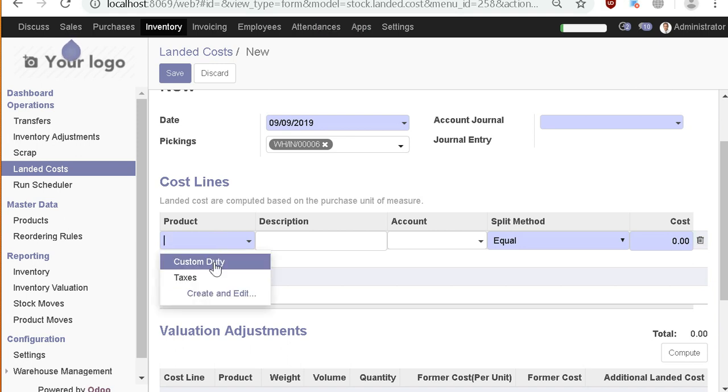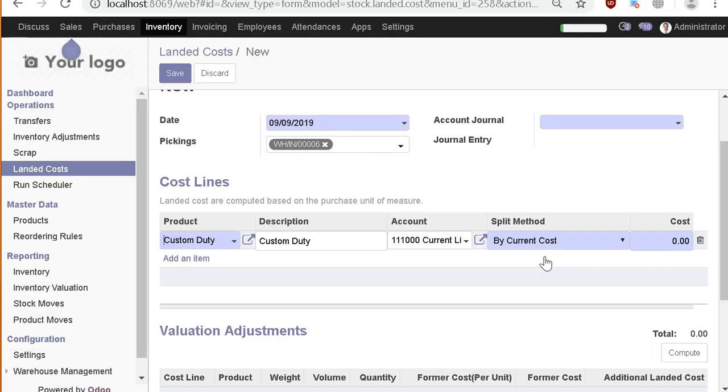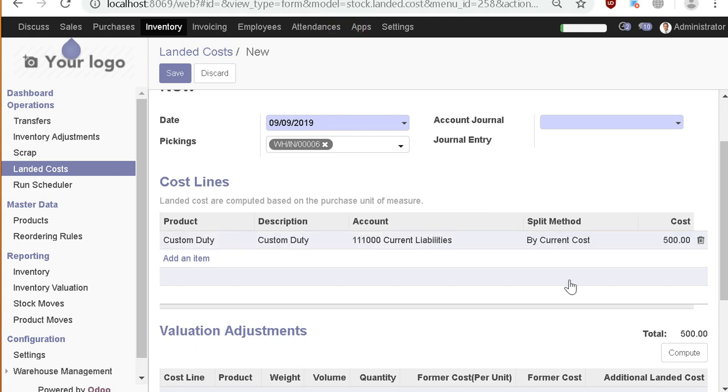Now, since in the example we just mentioned customs agent fees of $500, we're just going to follow the same example, and our cost is going to be $500. We're going to use the current cost method, and